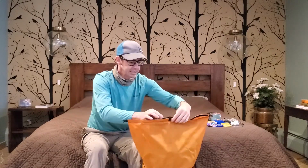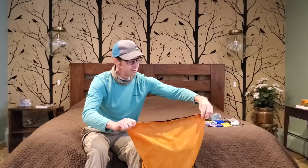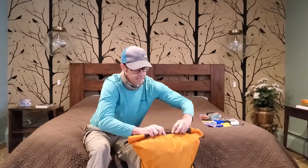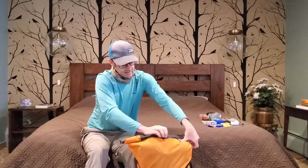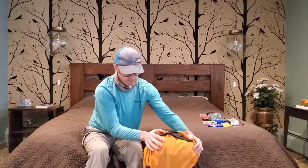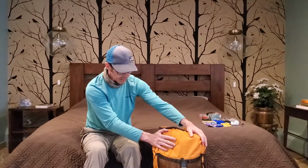My pack has this roll top that's really convenient. So that way you can stuff a lot of stuff in here, but if you don't fill the pack all the way up, you just roll this down nice and tight. And you can clip these together. Yeah, so now I got everything in my pack,